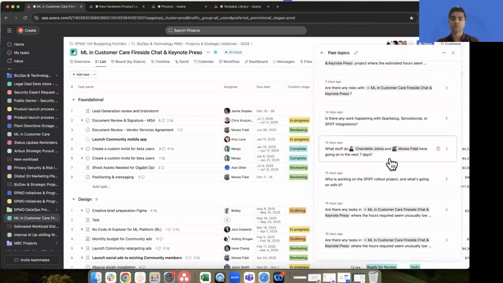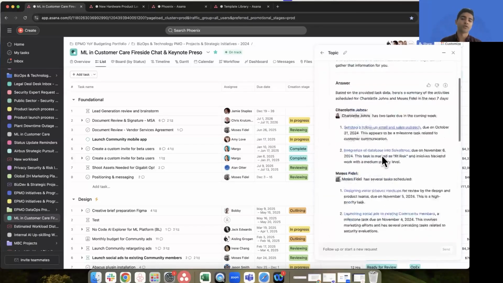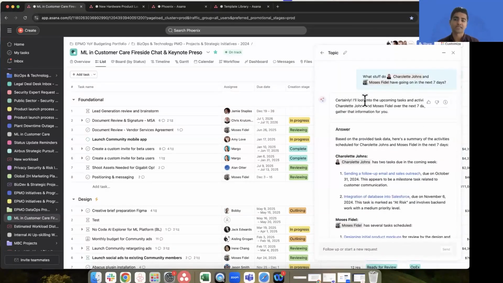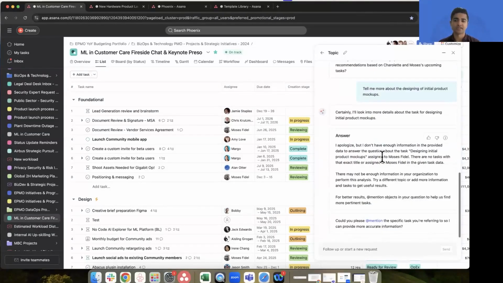A couple last examples where, say, you have a team of people where you're not the only one responsible for doling work out to them. You just want to make sure that they're not getting overwhelmed. And the people who give work to them aren't all in the same room or can't hop on a call in the near term. This is where you can ask the AI, hey, I want to make sure these people are not overwhelmed. Can I get a glimpse of all the stuff that they have going on in the next 7 days? And provided you have access to it, it'll say, here's what they have going on. And you can start to understand some of these things on a qualitative basis. Of course, if you want a more quantitative answer, that's where workload and capacity management, one of the views that we looked at earlier, will come into play.